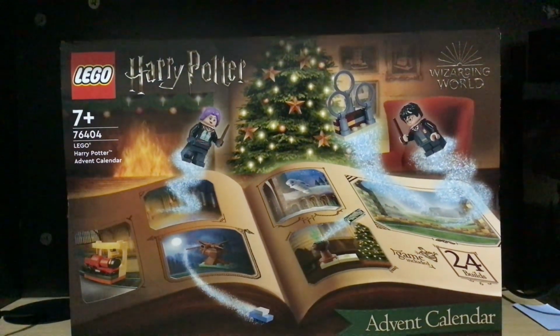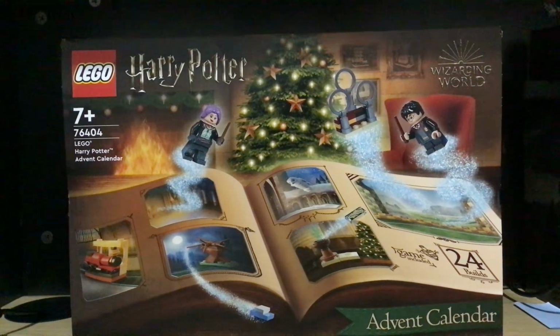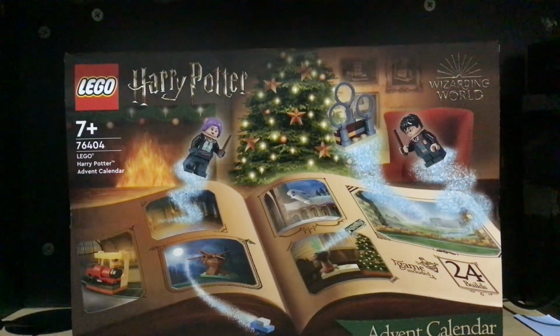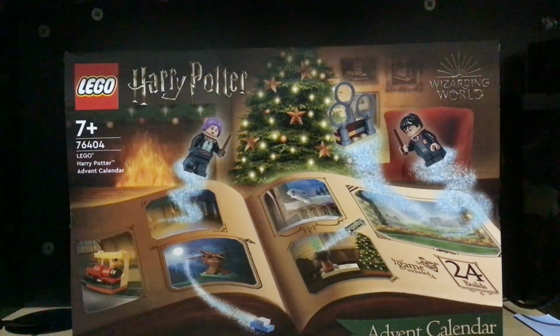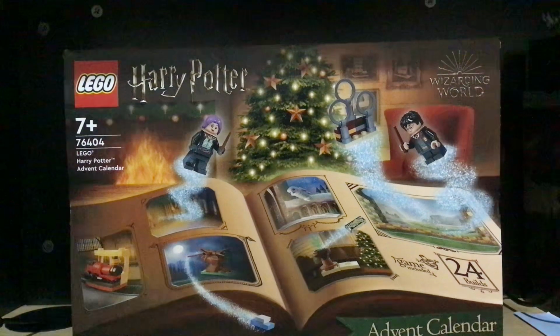Welcome everyone, welcome to the first day of LEGO Harry Potter Advent Calendar month, as I like to call it. Now, this Advent Calendar is a little bit different to the other LEGO Harry Potter Advent Calendars, as this actually incorporates all 11 films. If you're wondering why I said all 11, Deathly Hallows Part 1 and Part 2 can be considered one long